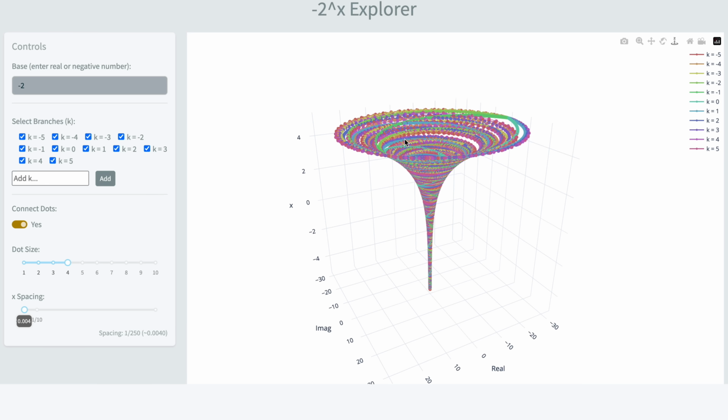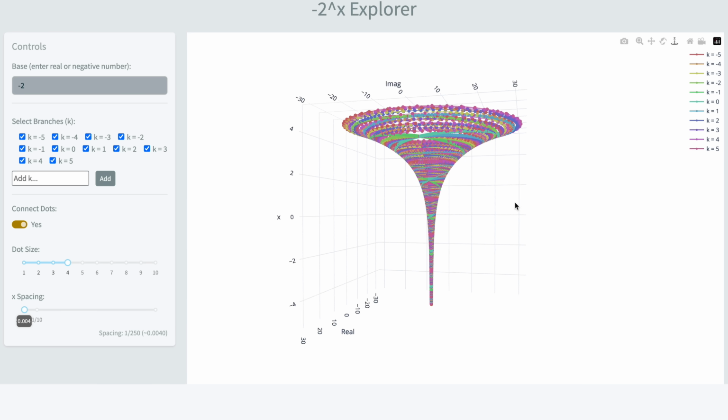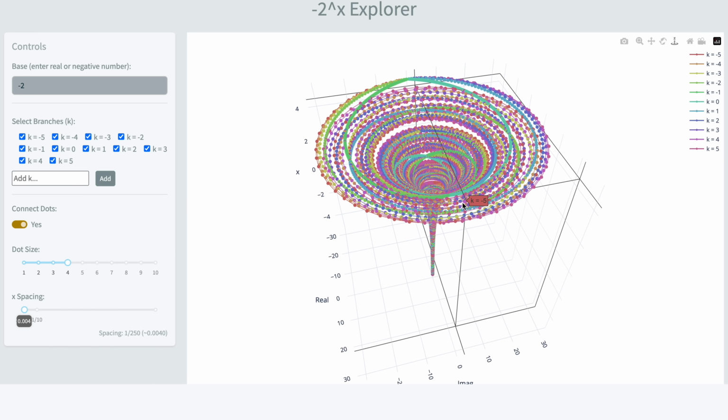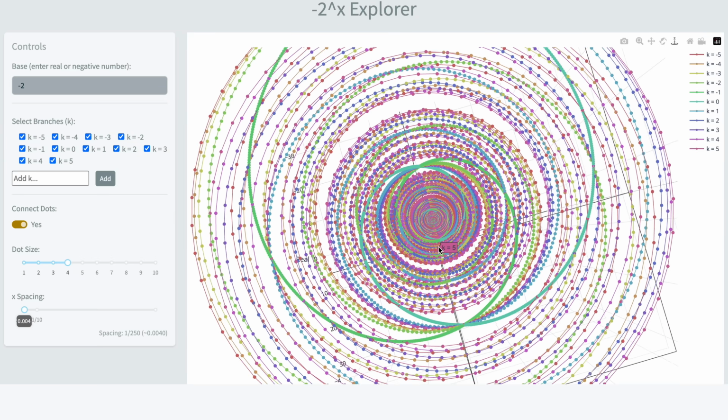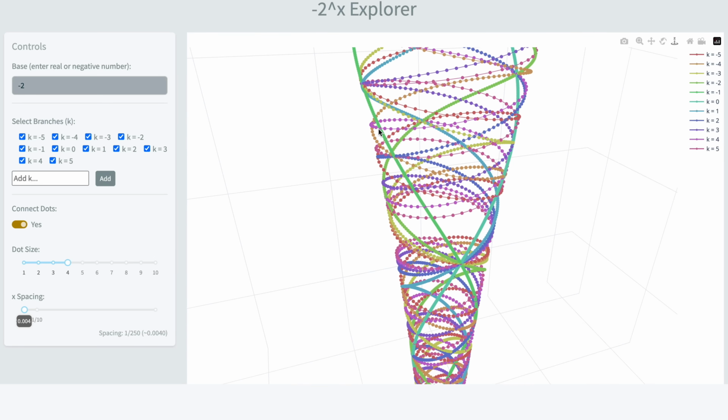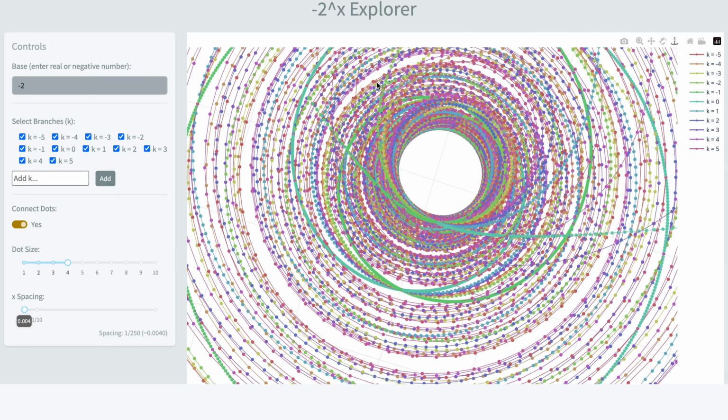We have recreated it from scratch, and because this is a custom bit of code rendering it for us, I can zoom in. Look at that. I'm going to go right down the trumpet. Isn't that phenomenal? And if I turn around to look, can I look back up the trumpet? There we are, looking right up the trumpet.